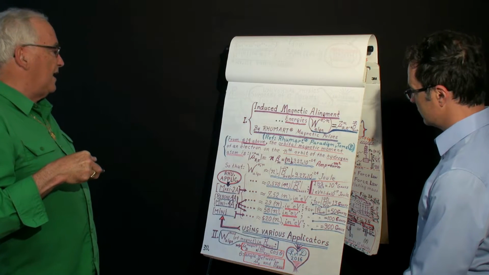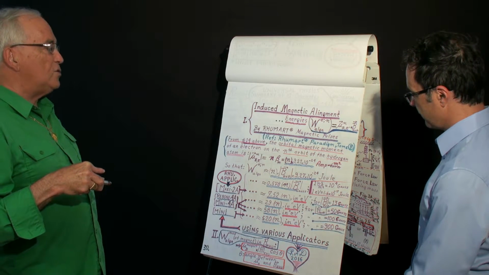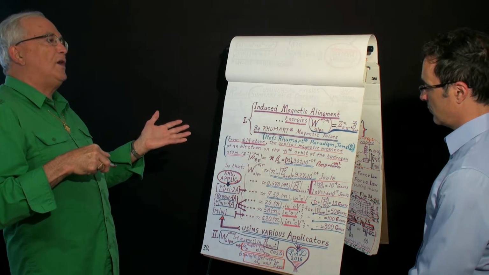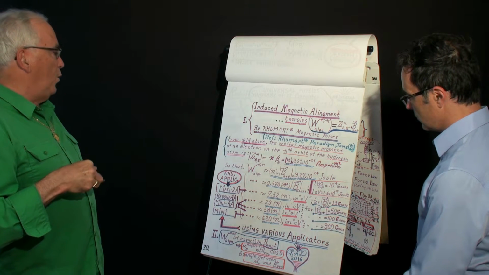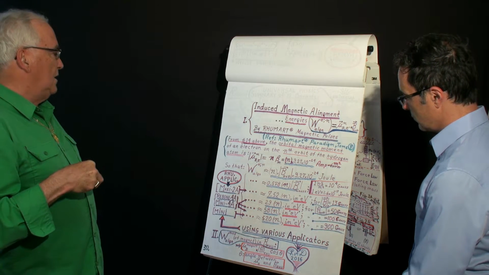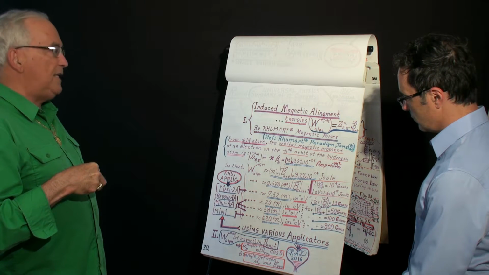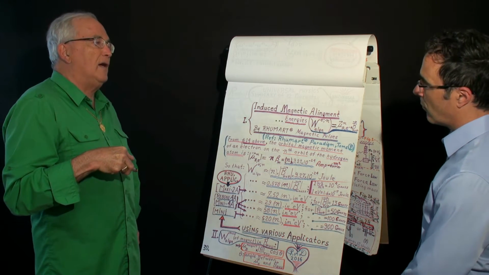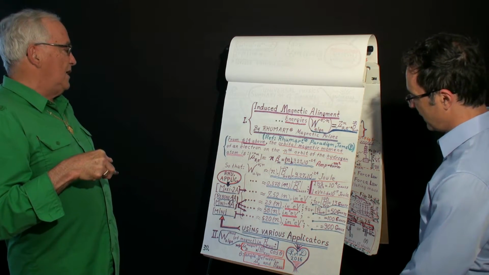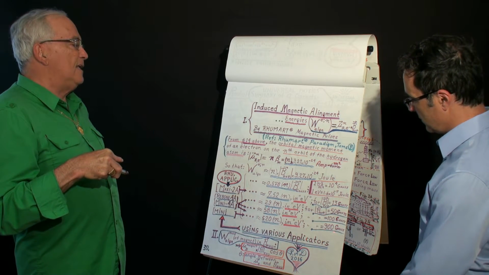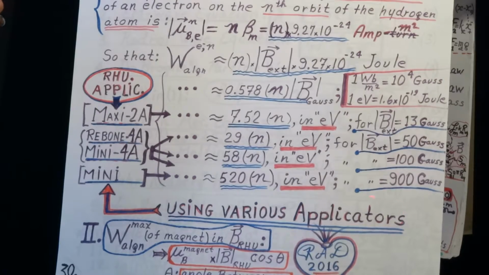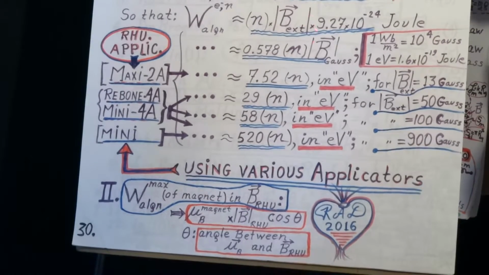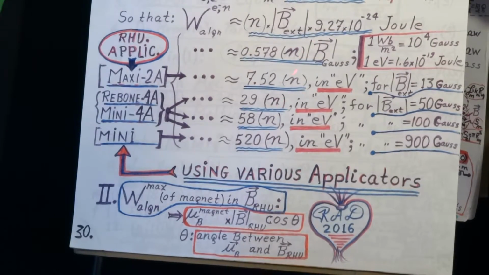I calculated this, and with 13 Gauss, which is about the maximum peak magnetic field in Mach C2A, when the amplitude is at 10, with the rebound 4A it could be 50 Gauss, or it could be 100 Gauss with mini 4A, and with the early mini, the big units that you saw when you were eight years of age, they could generate as much as 900 Gauss peak. Okay? So if you place this Gauss value there, you realize that, of course, depending on the number of